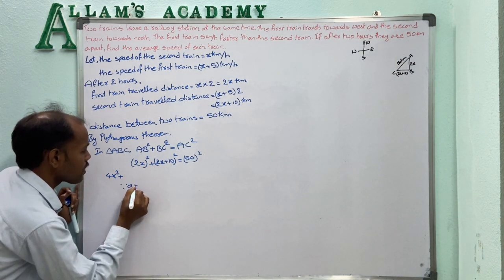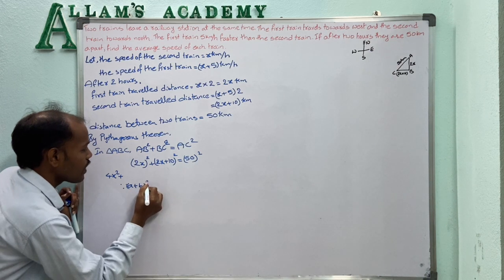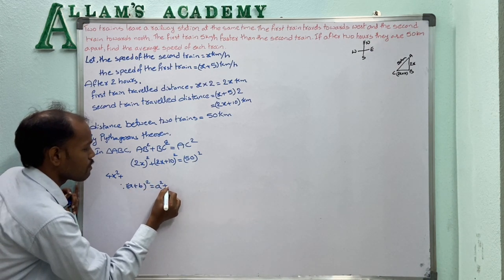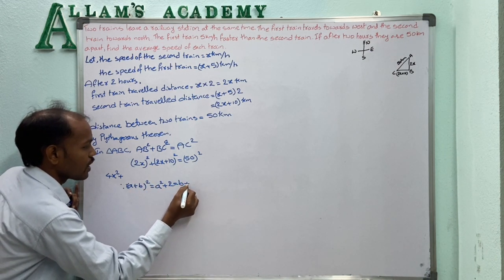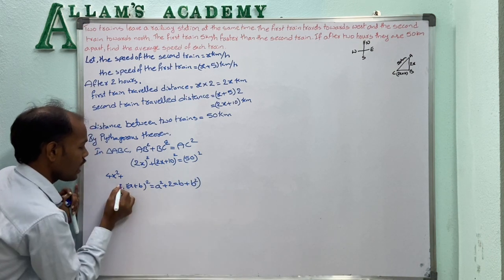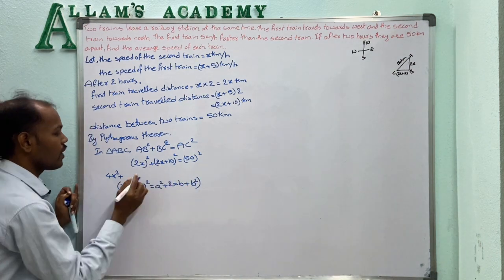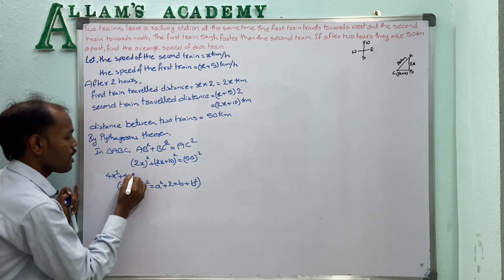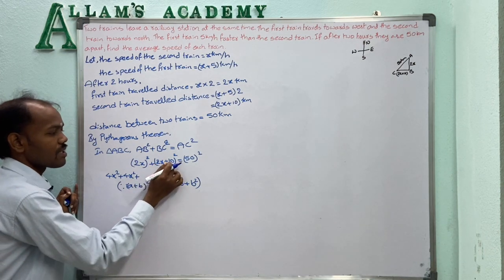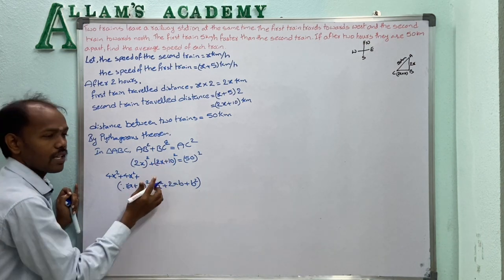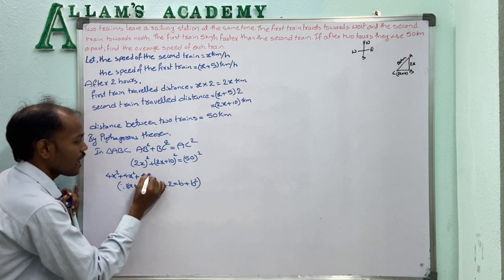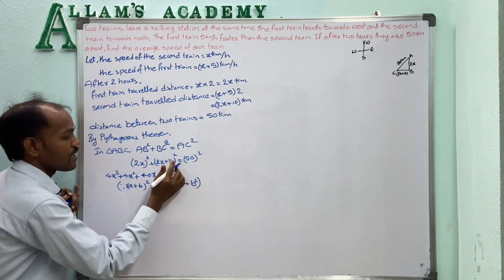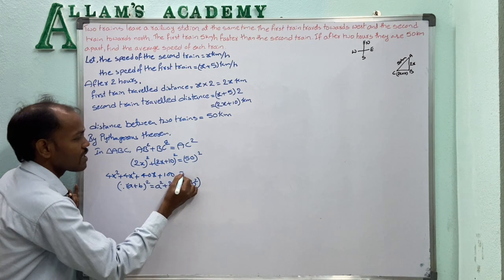in the form of a plus b whole square. A plus b whole square equal to a square plus 2ab plus b square. Here a equal to 2x, b equal to 10. So a square means 2x whole square equal to 4x square, plus 2ab, 2 into 2x into 10, 2 2s are 4, 4 10s are 40, 40x, plus b square, 10 square equal to 100, that is equal to 50